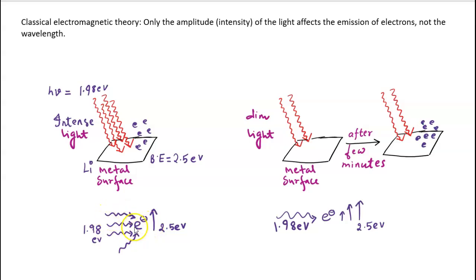This is because too many beams are now striking a single electron, so its energy increases very quickly to 2.5 electron volt, and therefore the electron gets ejected instantaneously. So, according to classical electromagnetic theory, only the intensity of the light is important, not the energy of the light. A high intensity beam will eject electrons instantaneously from any metal surface, whereas a low intensity beam will take a few minutes to eject the electrons from any surface, even if the light is of low energy. Then also,